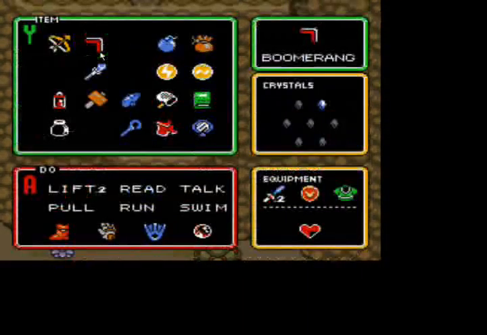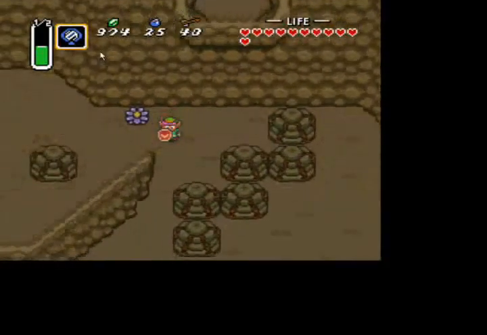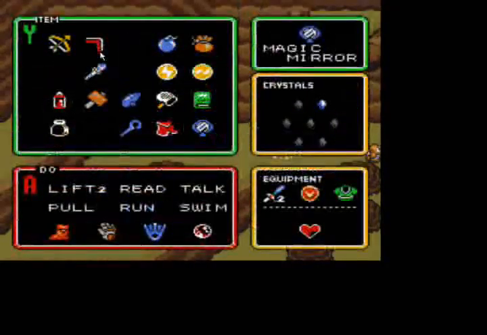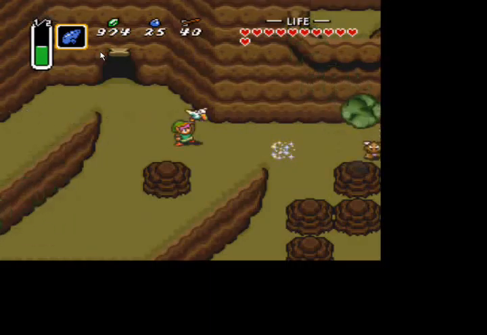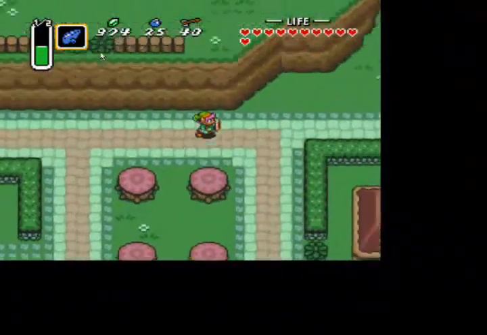So that's a plus. Now, from outside of the cave, you want to equip your magic mirror. You can just use it, go back to the light world, and from here you want to equip your flute and play it, and let the bird, duck, weird looking thing pick you up and bring you to location 3, which is Kakariko Village. From here you want to head right,